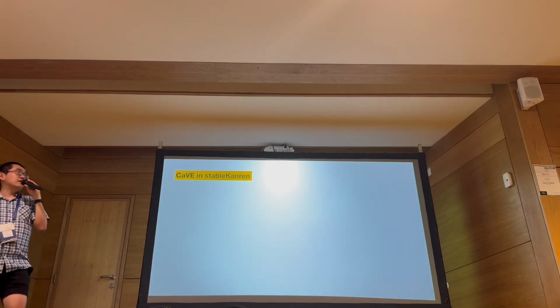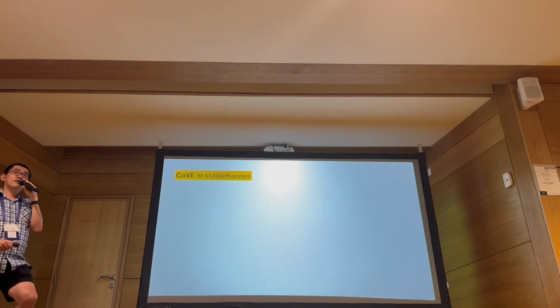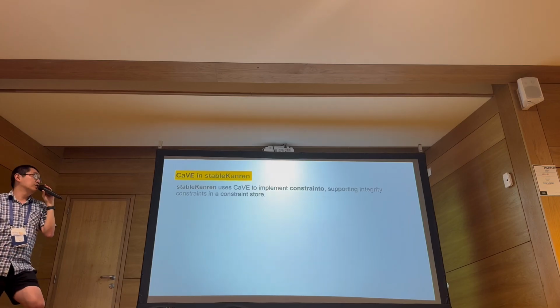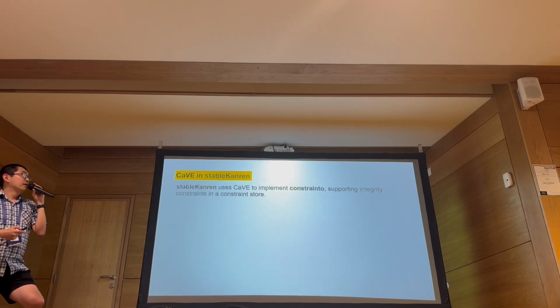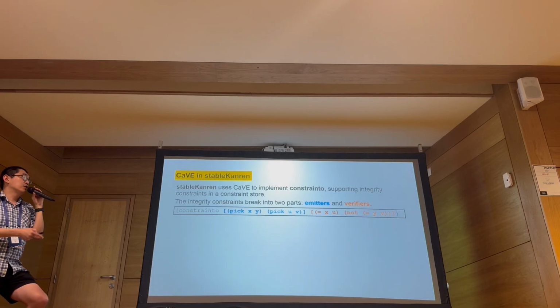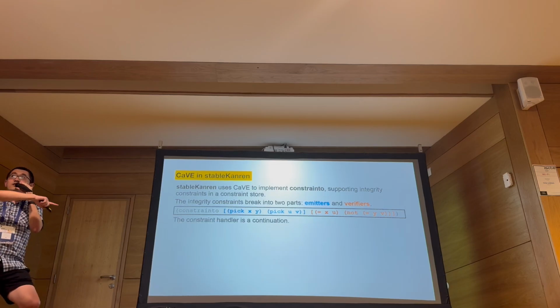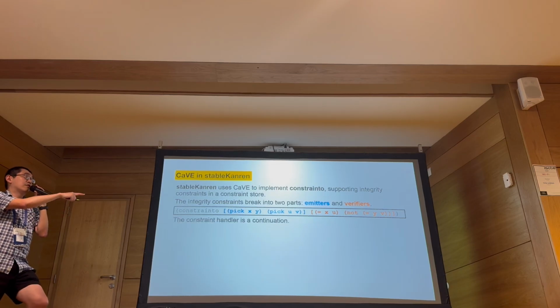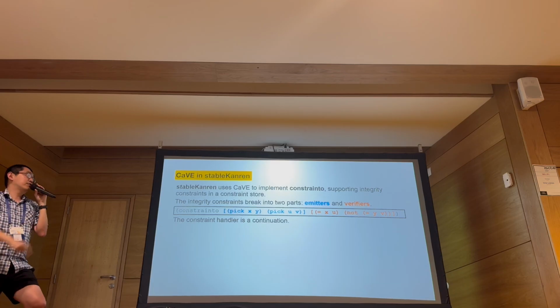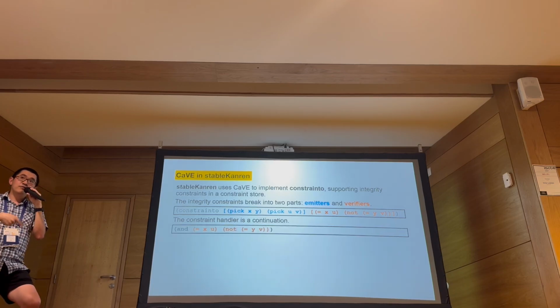And to implement these ideas, it actually turns out to be simple and easy if we use the continuations we introduced before. So here is the new syntax we introduced to the stable Cameron. The blue part of this constraint is the emitters, the orange part is the verifiers. So basically the verifiers right now are the continuation. We don't have the values for x, u and the y, v provides to it. So it's just like waiting for some values.